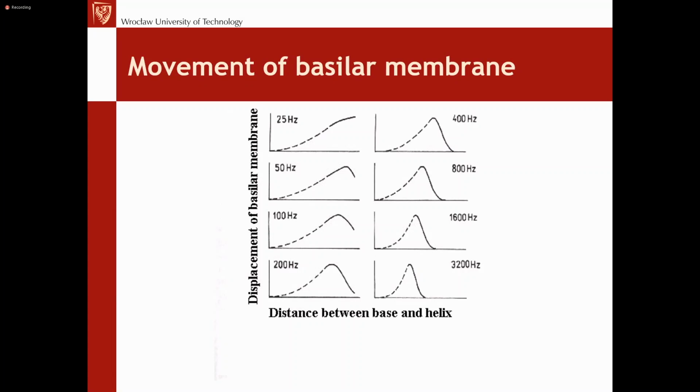So for the lower frequencies, we can observe the maximum of displacement occurring at the top of the cochlea, so at the end of this basilar membrane, while when the frequency value increases,